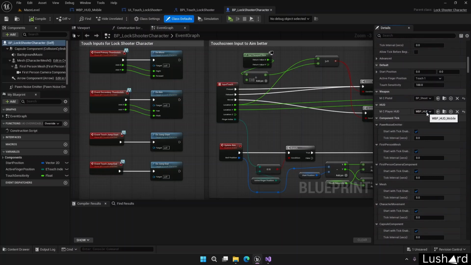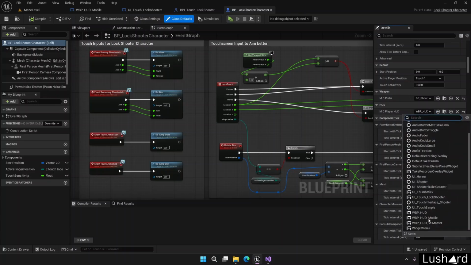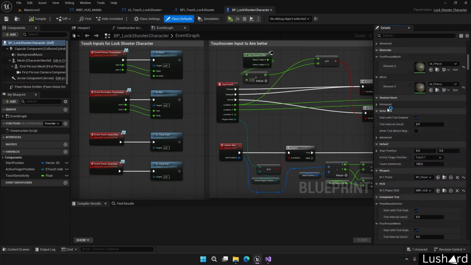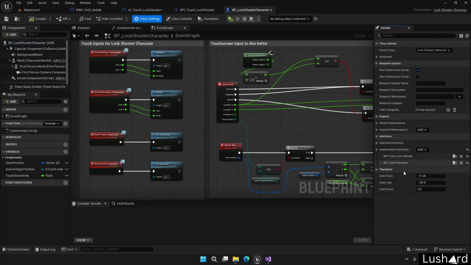So I changed the default widget blueprints, which was for the PC based experience, to the mobile one that I created, which I just showed. Then in the class settings, this was where I added the touch interface, because